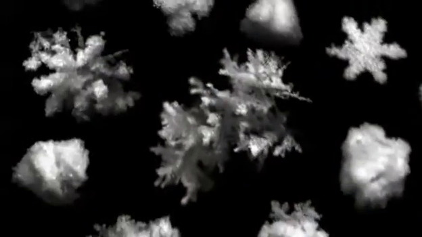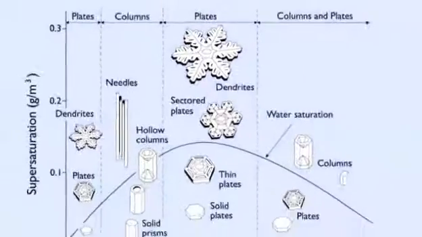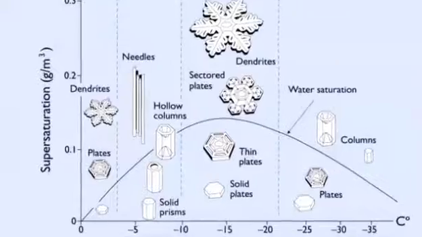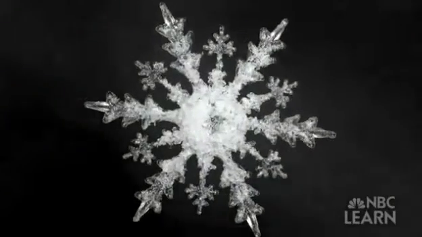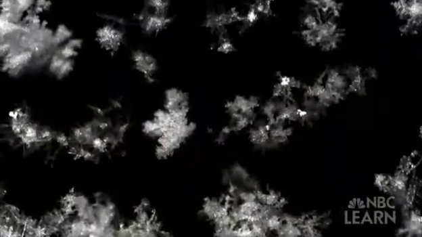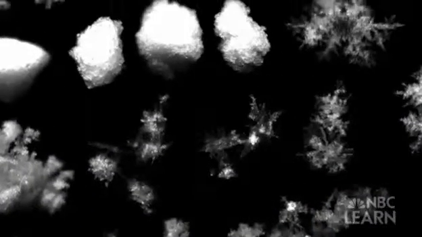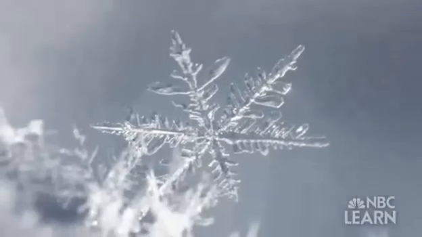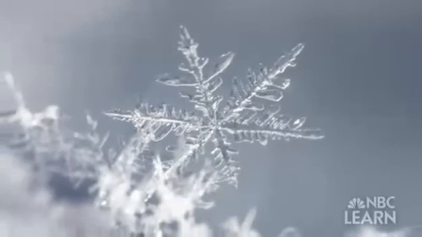Snowflakes come in many different shapes and sizes, but can be grouped into two categories, plates and columns. The kind of stereotypical snowflake that we're used to, those beautiful six-fold symmetric crystals, those are called dendrites, and that's a type of plate. Court Anastasio is a chemistry professor at the University of California, Davis, and funded by the National Science Foundation. He says that the size and shape of snowflakes is determined by two important variables, humidity and temperature. Dendrites form under conditions where you have a lot of water vapor. If you have less water vapor, you get much simpler shapes. It's small plates, small columns.